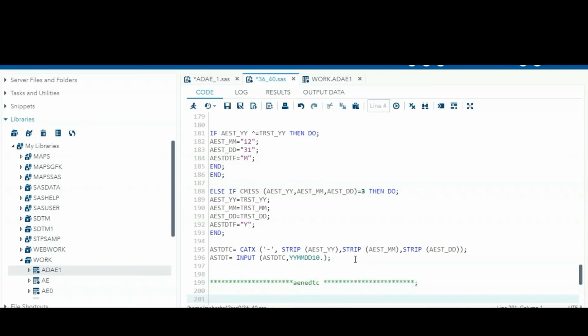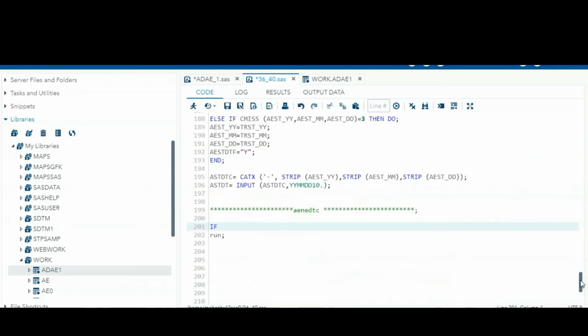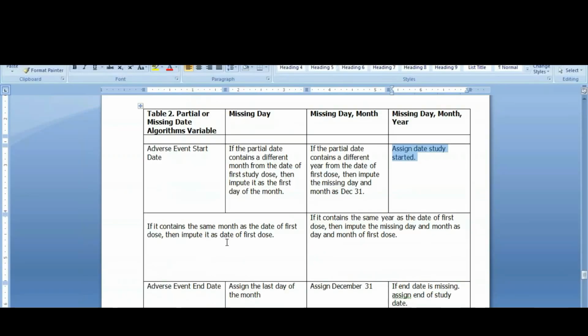First, for example, the same way, if only the day is missing, you can see the rules here, AEENDTC cases. If it contains the same month and date, the first day is imputed. If it contains the same year, we do the same thing. So this rule was already applied. In case of end date missing, we use the last date of the month, or December 31st if the complete day is missing.